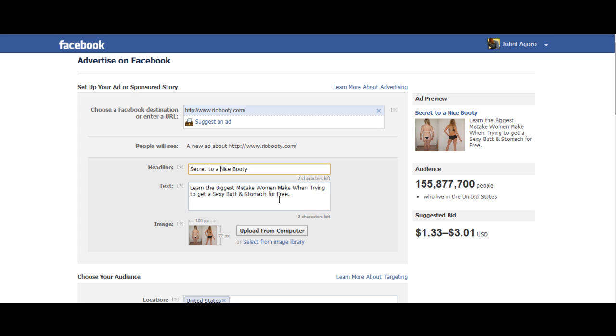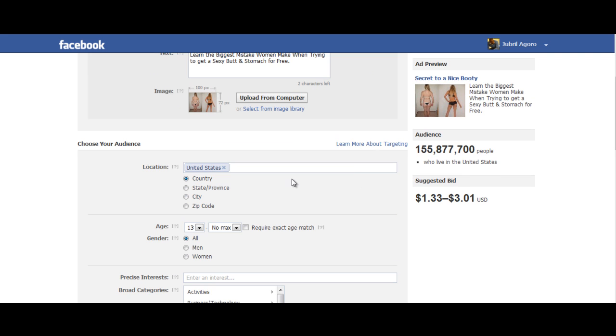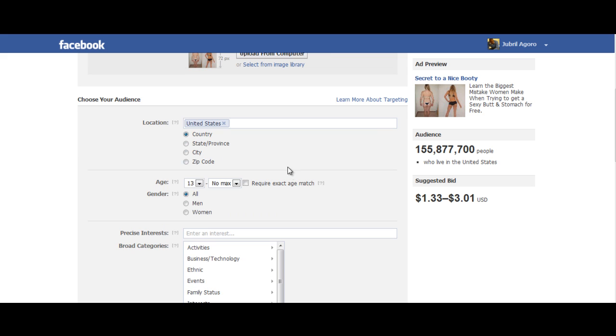People, I always like using, especially when it comes to physical kind of beauty, I want to really play on learning from the mistakes that you're making so you can get the right thing. And so that's what I place these at. And I would try a bunch of different texts for this type of advertisement. And so, like you saw in the other ad, I'm not going to go over all the different countries. You understand now the type of countries you can target and everything that would work best for you.